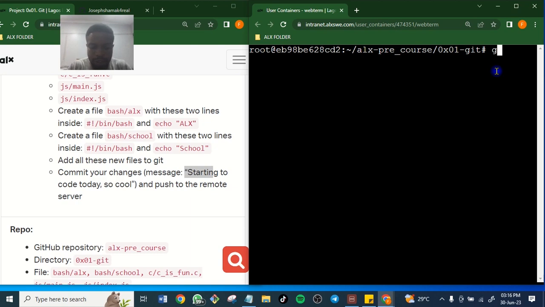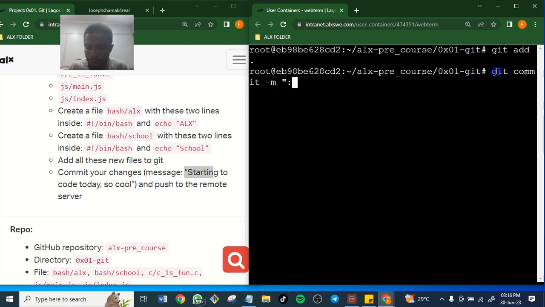Git add dot, enter, then git commit -m, double quotes, then your message. What's the message? The start is capital letter.